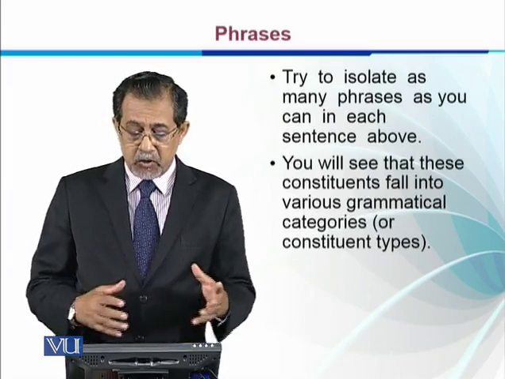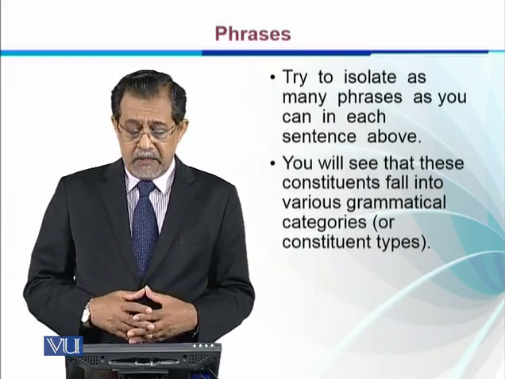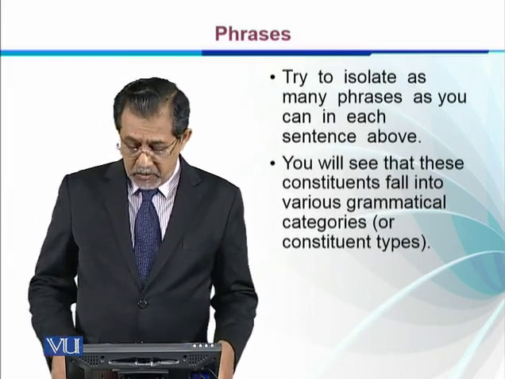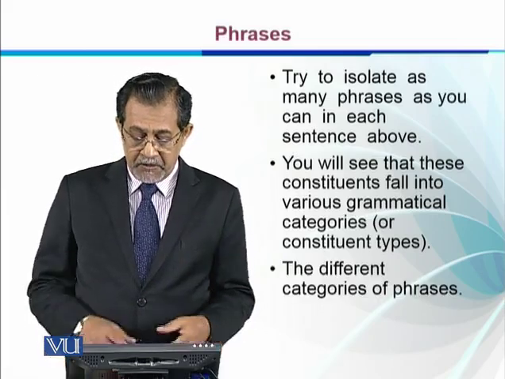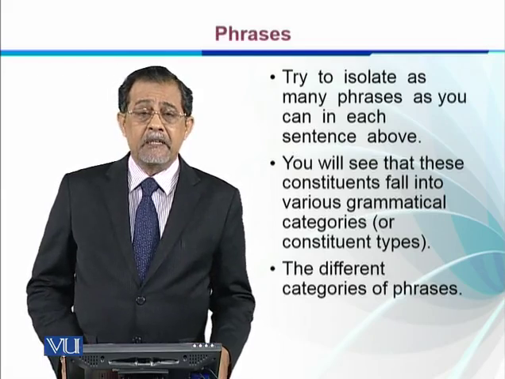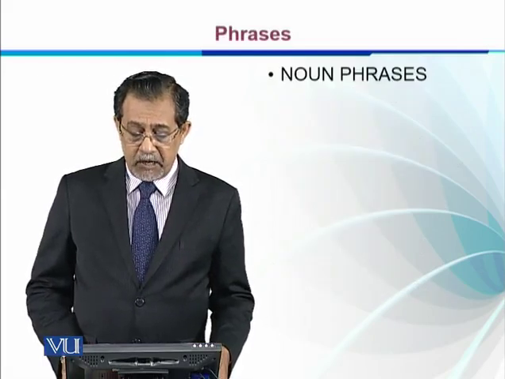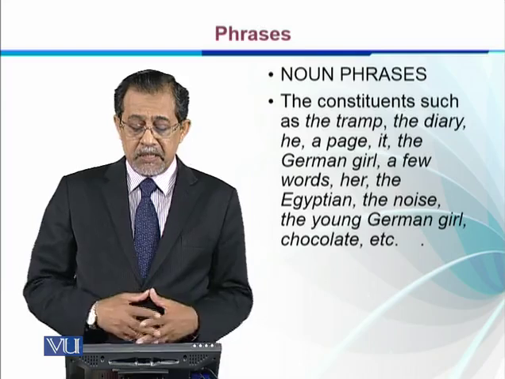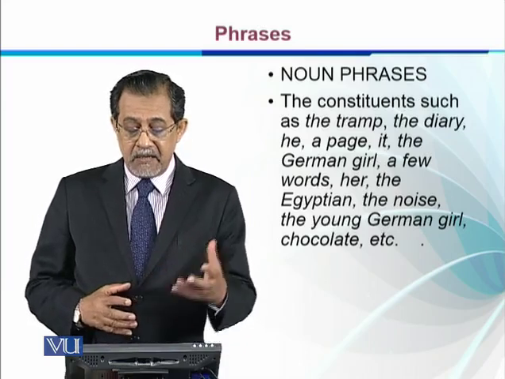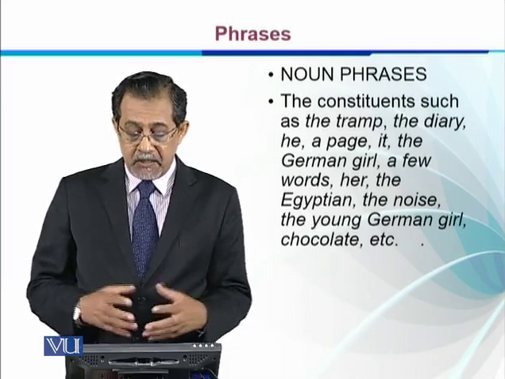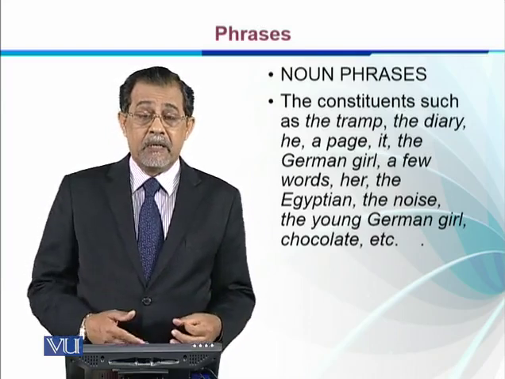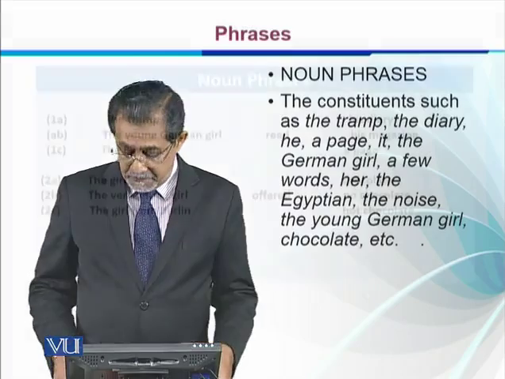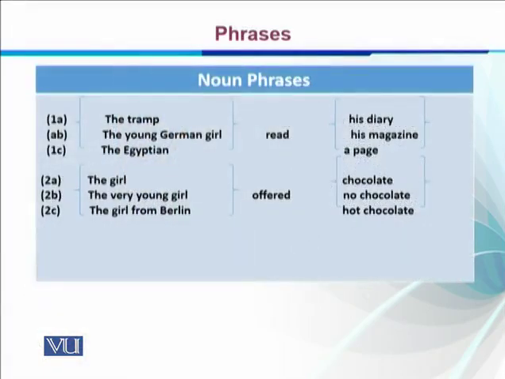You'll see that these constituents fall into various grammatical categories or constituent types: noun, verb, adjective, adverbs, etc. These are different categories of phrases. So we have noun phrases, the constituents such as the tramp, the diary, he, a page, it, German girl. It's a noun phrase because they have the noun as their head. For example, the tramp